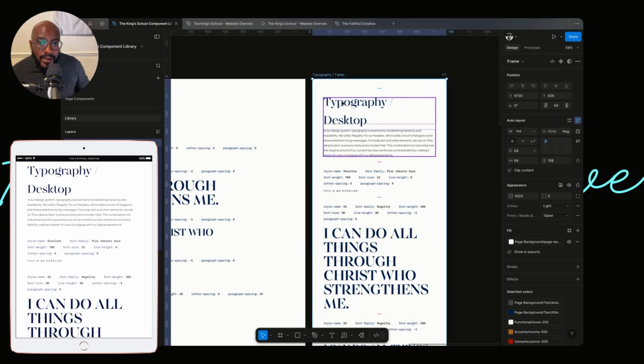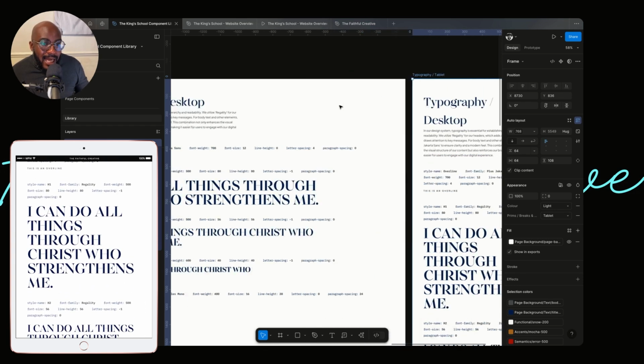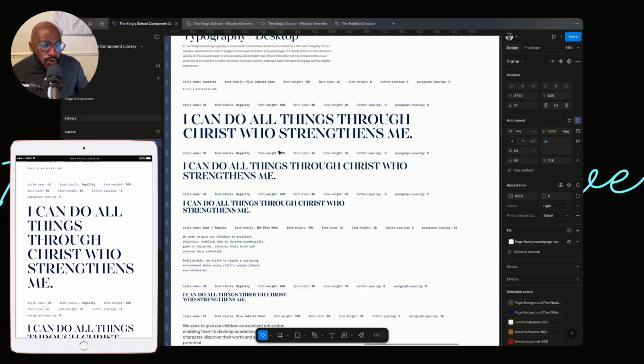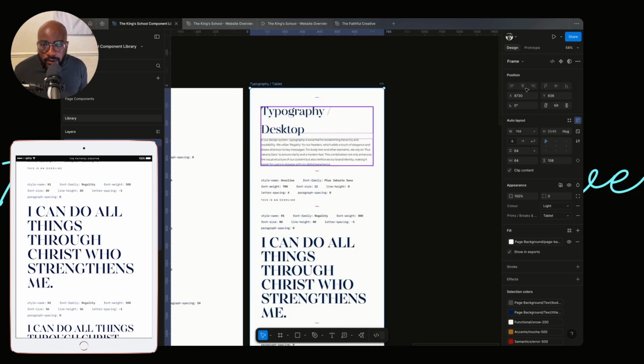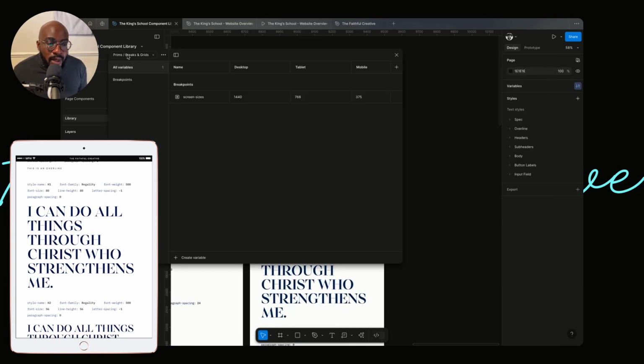Now, we're looking at the way everything sits, and we're trying to make, as we had the desktop type fit the desktop, and that looks all really nice and harmonious. We're trying to capture the same thing for tablet. Okay. So we're going to open up our variables panel again. We're going to leave our prims and breaks and grids because now we've set that. We know we can set our page width with that. I'm now going to go to typography